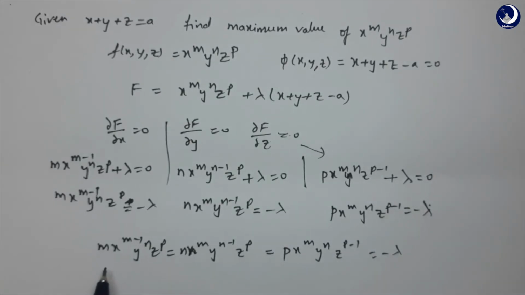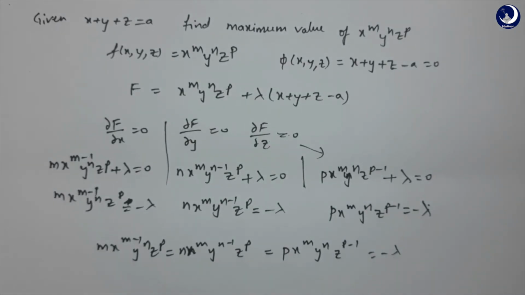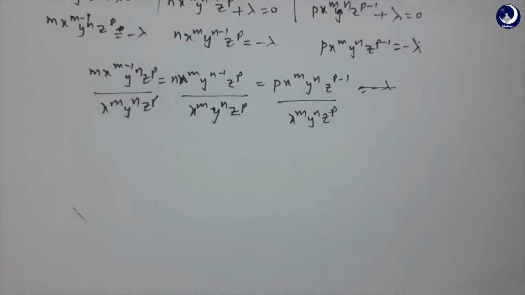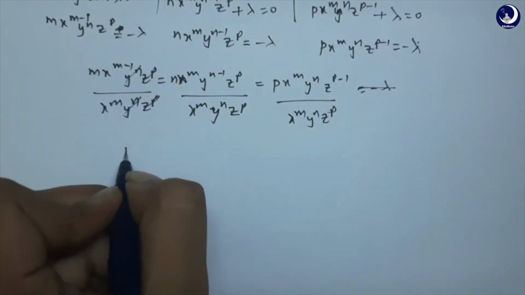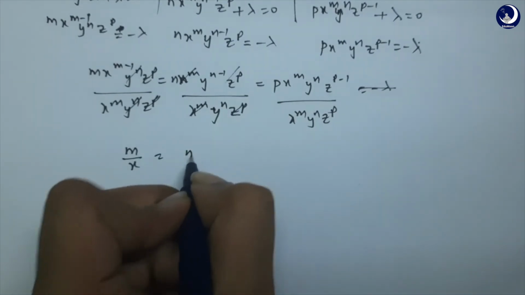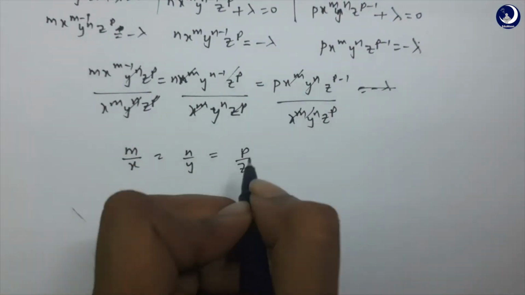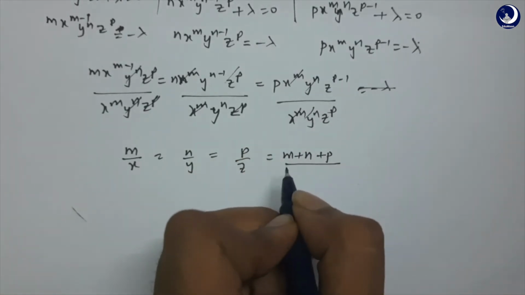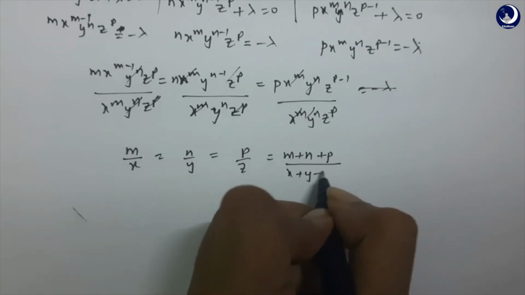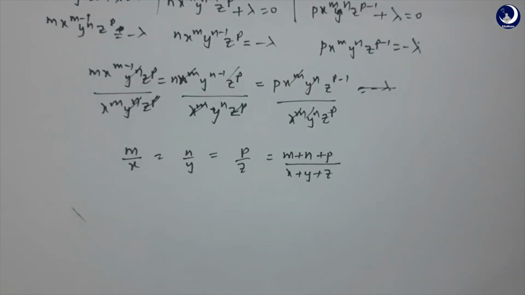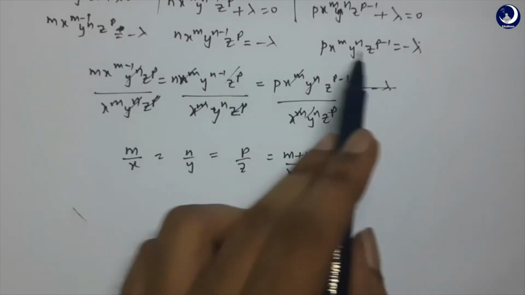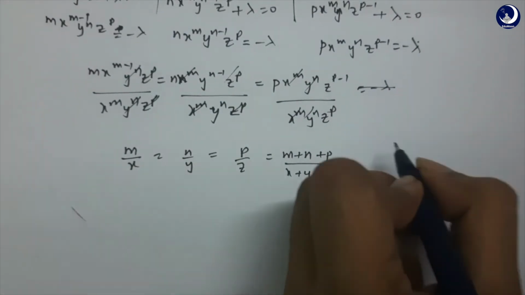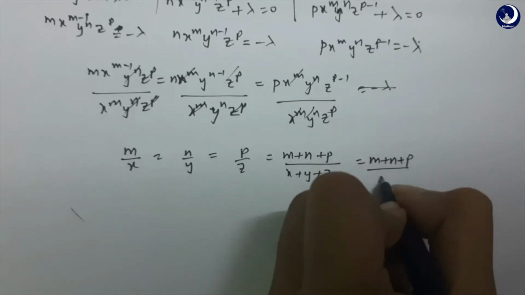So divide this whole equation by x^m y^n z^p and keep that aside. When we do that, these both get cancelled, we get an x in the denominator, so m by x, n by y, p by z. This also means the sum of all the numerators by the sum of their denominators would also give an equal ratio, right? So this is what we get. Remember, in our third rule, we are supposed to solve these three equations with respect to our constraint, that is x plus y plus z equals a, right? So we get (m plus n plus p) by a.